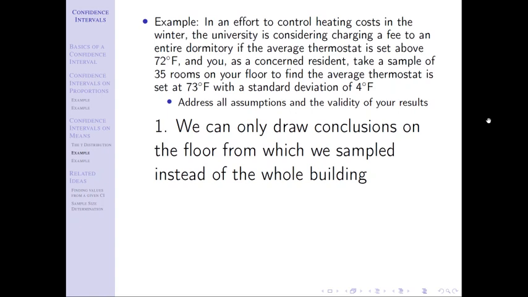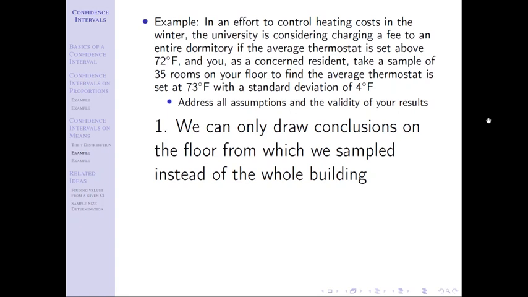Again, just as a reminder, for our proportion problems we have to make sure all three hold: X is binomial, n times, or excuse me, we have 5 successes and then we have 5 failures. For this problem, it's that gated approach, just like the ones in chapter 7. We're going to first start off and say if X is normally distributed, then X bar is. If not, then we check the central limit theorem.